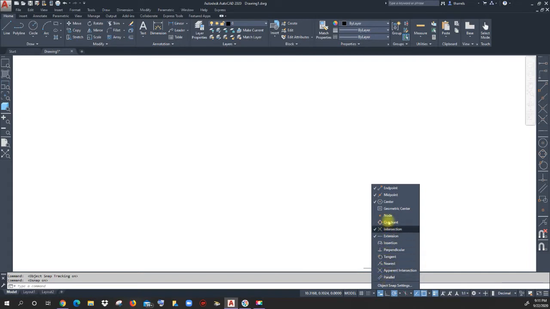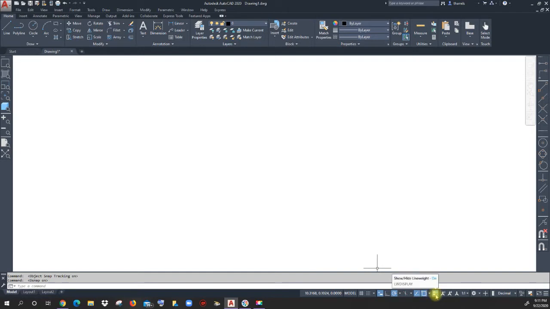We don't want to turn all of these on because it'll make it impossible for you to actually draft successfully, because it's going to start snapping everywhere. So anytime we need something that is on the list but we don't need it a lot, like a tangent, we can pull it from this object snap menu over here on the side. Okay, so these are the things that we want selected on our running object snap. So click that arrow and it'll go away. These 3 lines, that's the line weight, so let's turn that on. You're really not going to be able to see anything right now with this until we set up layers and line weights. The line weight button really isn't going to do anything for you, but we want it automatically to